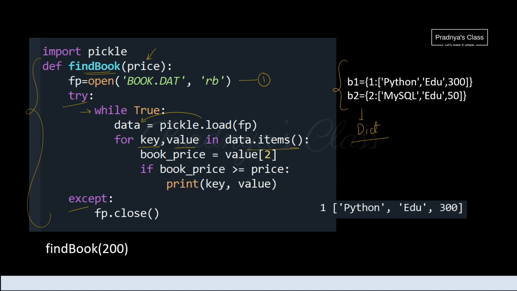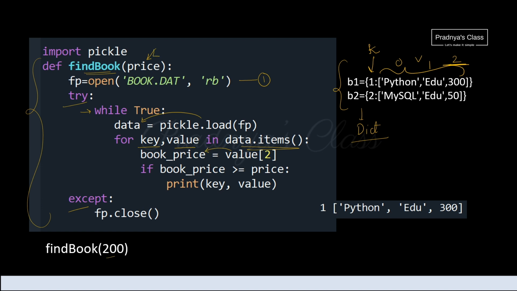For that we will be using the items function of the dictionary. Look at the key value pair of the dictionary. Here is the key, and in the form of value we have one list. In that list the price is at index 2.